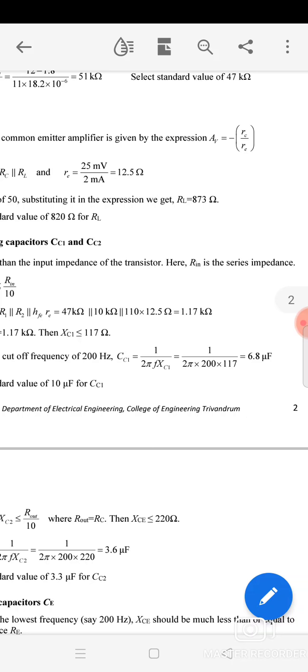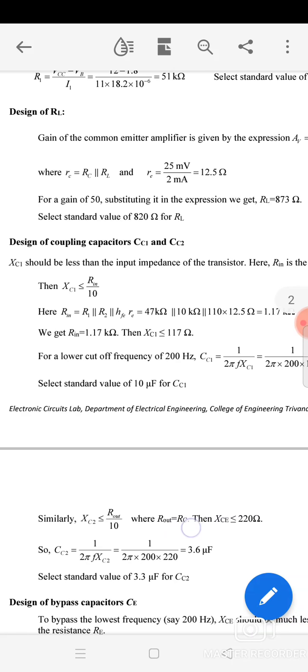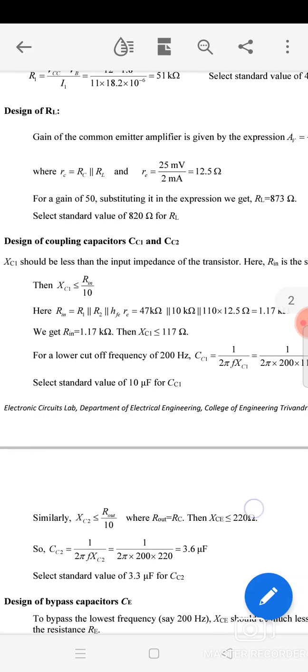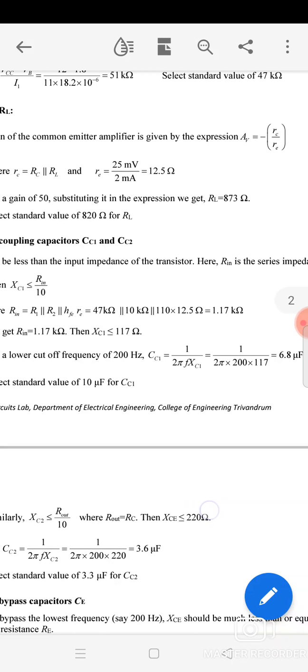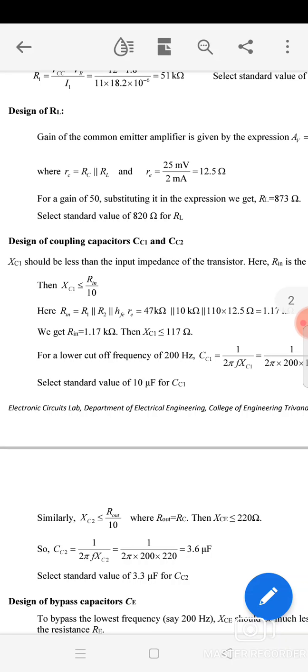With 117, we get 6.8 microfarads. Next, select the standard value: CC1 of 6.8 microfarad is nearly equal to 10 microfarad. So 10 microfarad is better at that particular place, as the capacitor range for the amplification operation. These are the standard values. Next,